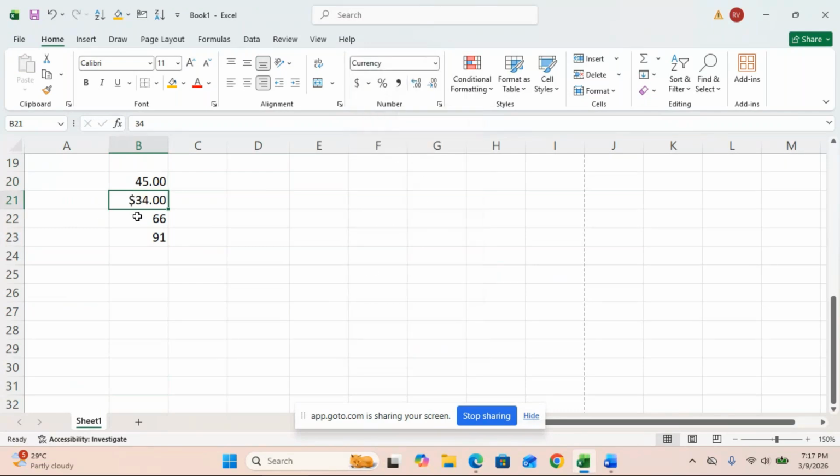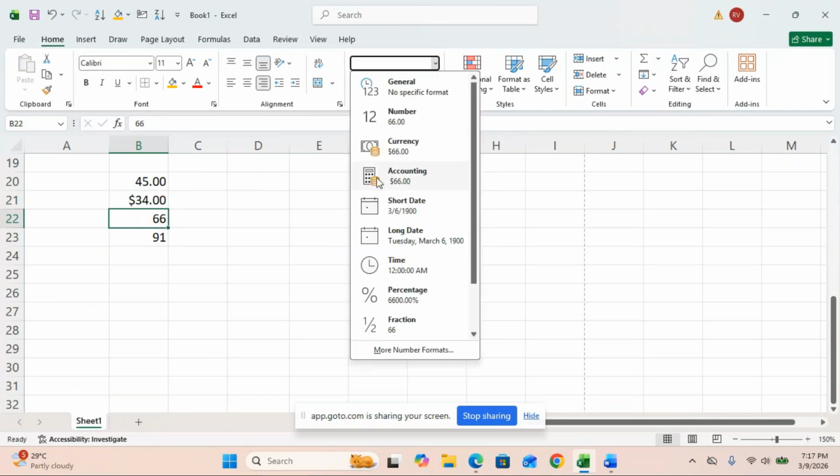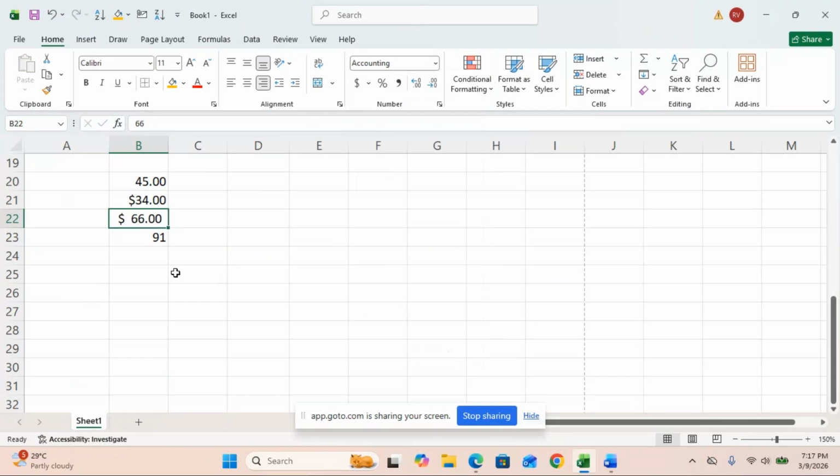And then currency, dollar. By default, it will give you the dollar. Accounting, you can see the difference between the currency and the accounting. And then